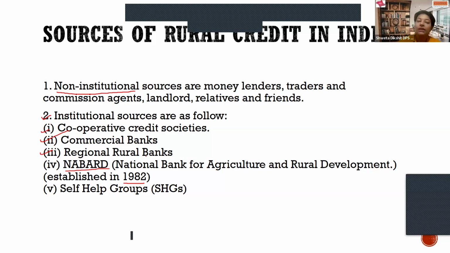Other than them, the self-help groups have also been identified as institutional sources. You are very much aware of what self-help groups are. Self-help groups were initiated by some of the rural women in different parts of India. It was found in various parts of India at the same time, so it is not possible to claim where it started first. But as per your textbook, it's about Kerala.